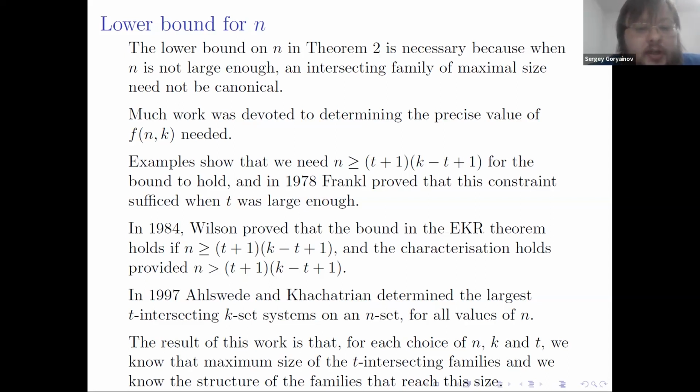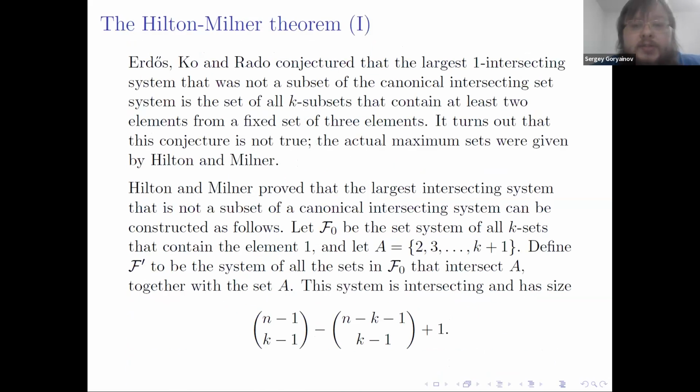In 1997, Ahlswede and Khachatrian determined the largest t-intersecting k-set systems on an n-set for all values of n. The result of this work is that for each choice of n, k, and t, we know the maximum size of the t-intersecting families, and we know the structure of the families that reach this size. Somehow the question was completely solved, and let us discuss further